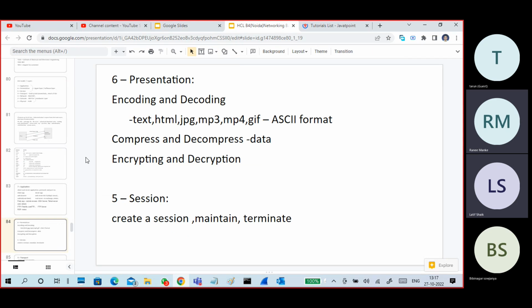Then it will terminate. First of all, when I'm sending a request, I create a session, and I maintain the session till I get the complete page download. Then I terminate the session. There are two or three ways a session is terminated. Once you have downloaded completely, the session is terminated automatically. The second one is